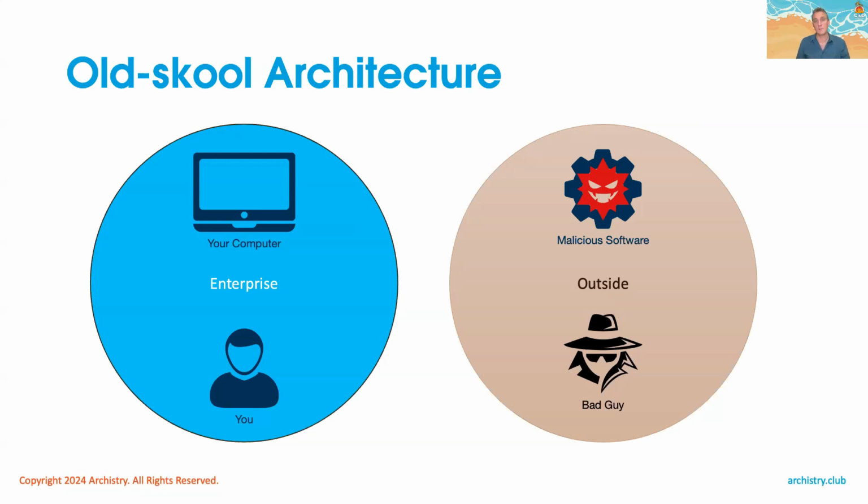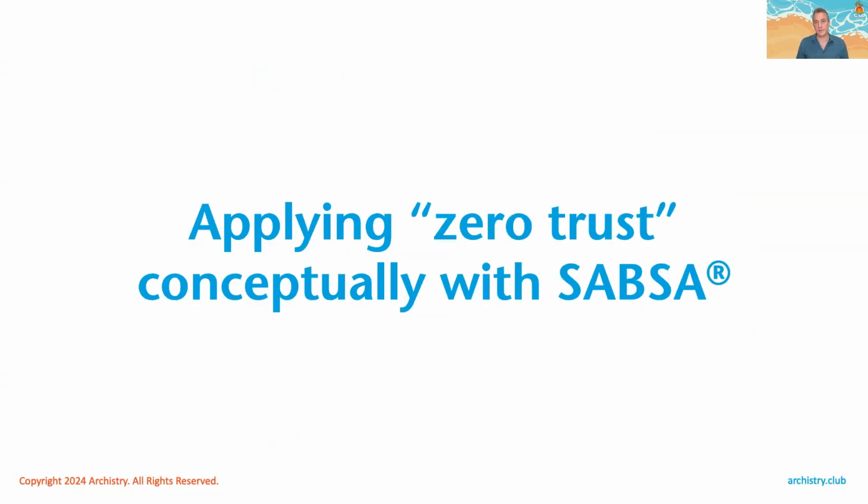So this is one of the reasons that the whole zero trust thing is so popular right now, because it says you can't get away with this model anymore. And even variations on this model aren't good enough because you can't trust anybody. Well, this isn't exactly true. So let's look at why. What we have is a concept of zero trust. Now, zero trust is actually sort of a misnomer.